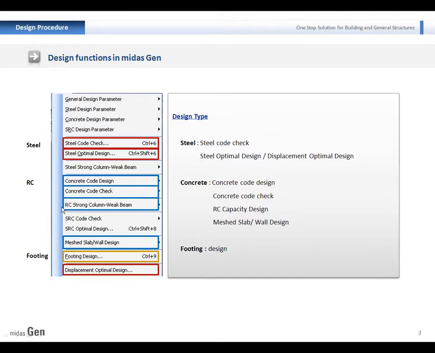And also, for the seismic zone, we can perform the RC strong column weak beam design, which is the capacity design in Eurocode, and basic slab and wall design. For the plate elements, we can design those. For the footings, we can also design footings. Spread and piled footing are available.